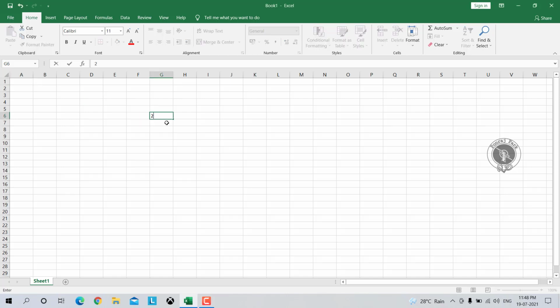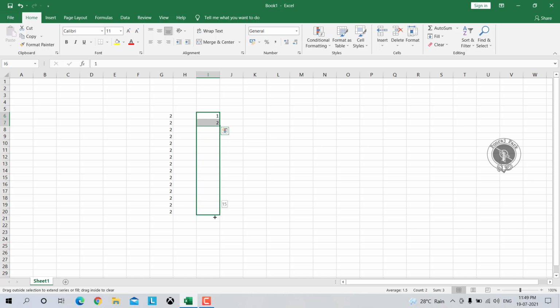Just like I have a 2 here, if I come to the corner of this cell and drag it down, you can see the number 2 gets copied into all the cells. And if you are entering a series of numbers, and you select it and drag down from the bottom corner of the cell, you can see the numbers are incremented by 1. Okay, so there are lots of such tricks you can use throughout Excel for managing your data, and we will see such things throughout our session.